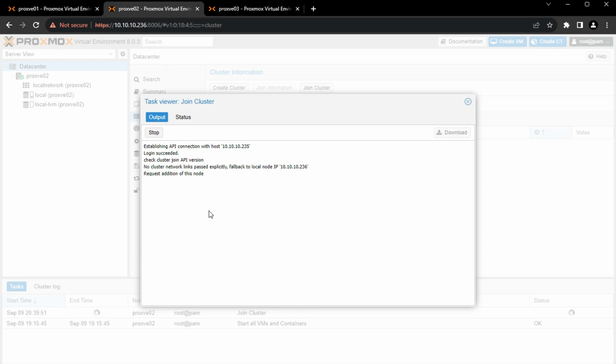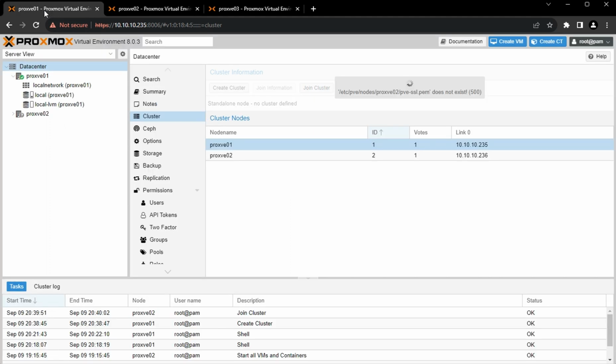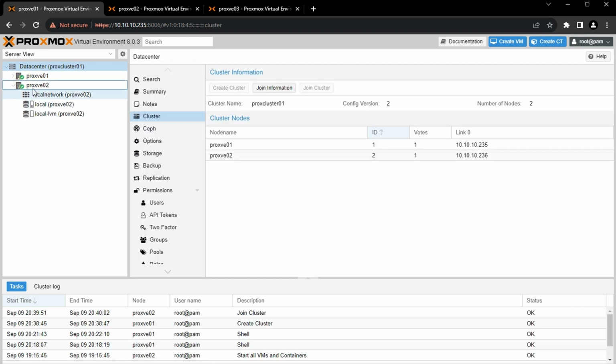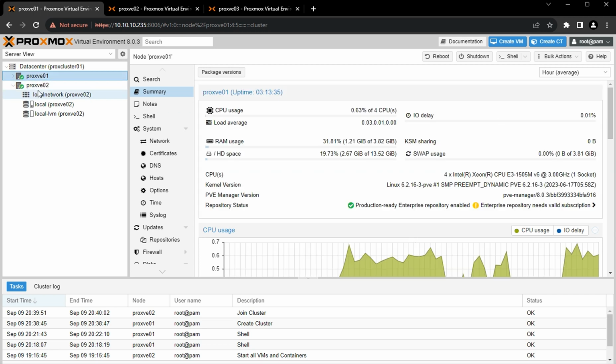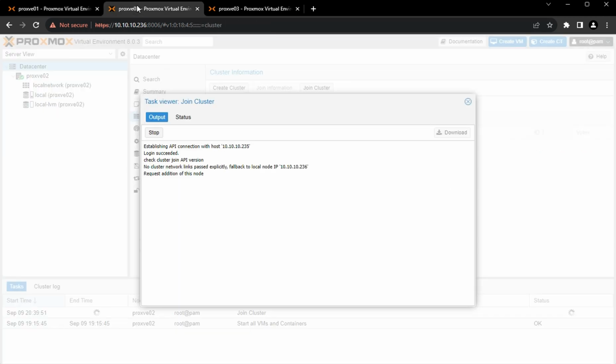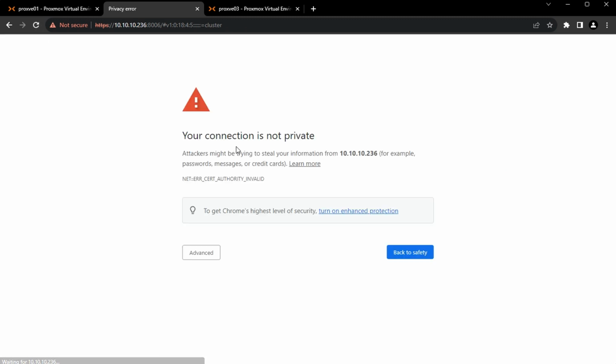It should join the cluster. The process sometimes does not give you the proper status in joining the cluster. It hangs because it does not refresh the page sometimes. So if you go to the first node and refresh the page, you see the cluster node appearing. So we are on 235 and we can see node 2 is available in the cluster. So in this one it hangs. Never mind, just go and refresh the page